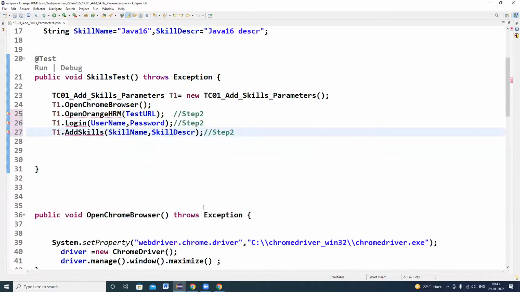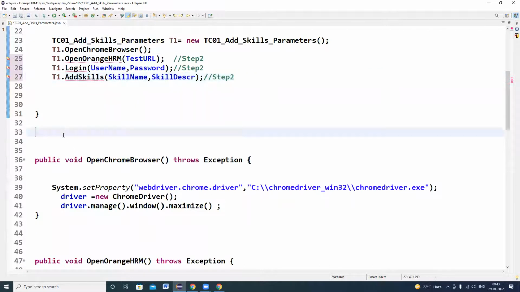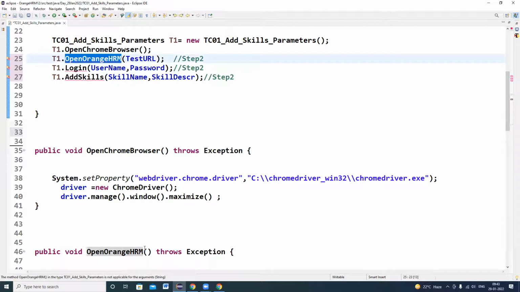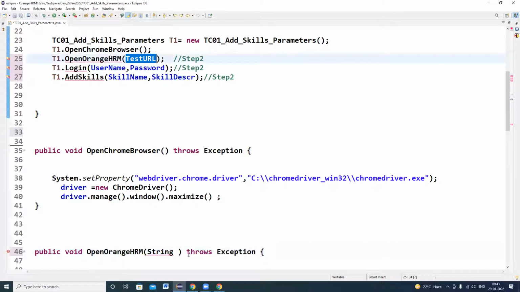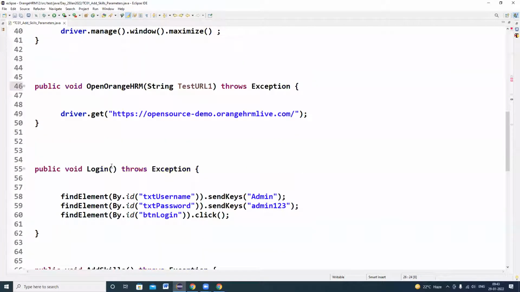So in step 3, what are the changes I have to do? I have to create local variables for every method. For the Open Orange HRM method, I have to create a local variable. So I'm creating string test URL 1, and string username 1 I have to create for the login method.